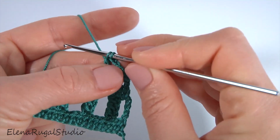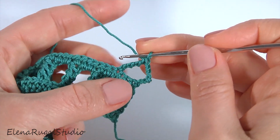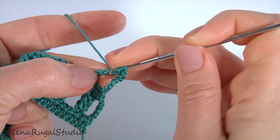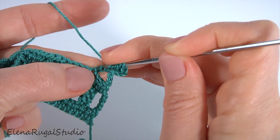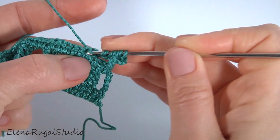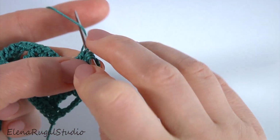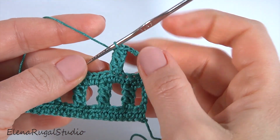Now I'm working with the second half of my 3D stitch. Yarn over, insert the hook into the first pair, pull up a loop. Yarn over, insert the hook into the next pair, pull up a loop. Yarn over, insert the hook into the next pair, pull up a loop. Insert the hook into the next stitch, yarn over, pull through 3 loops, 1, 2, then pull through all loops